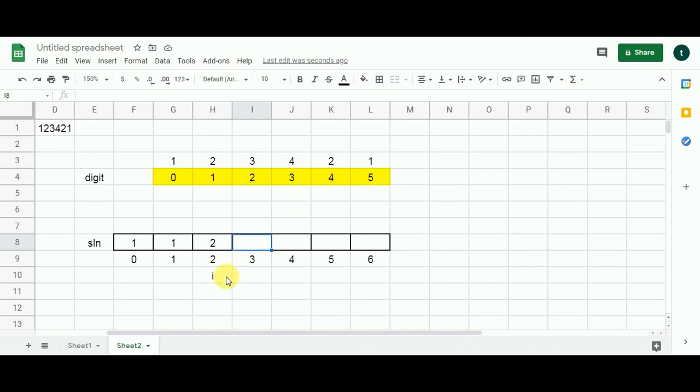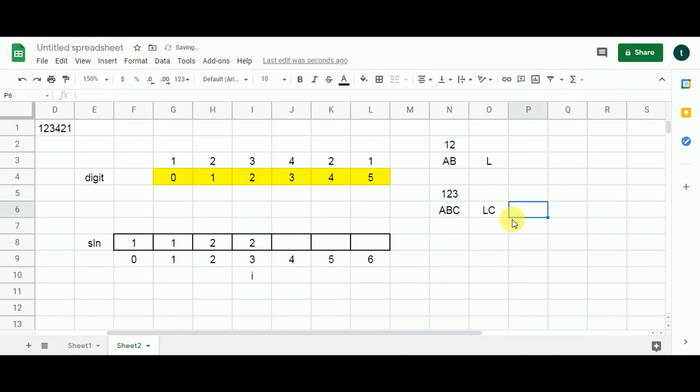Now our I moves one cell to the right. So this is our third subproblem, and we have 1, 2 and 3. The first thing we are going to do is bring the value from the previous subproblem. Why do we do that? Let me tell you. The previous subproblem was 1 and 2, and the possible decodings we got were AB and L. Now the recent subproblem is 1, 2, 3. So we append the decoding of this new digit to this pattern and this pattern. What we are going to get is ABC and LC.